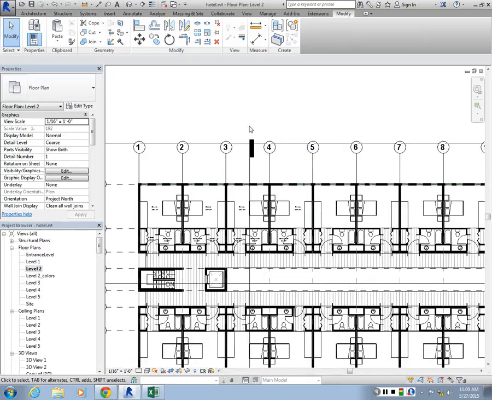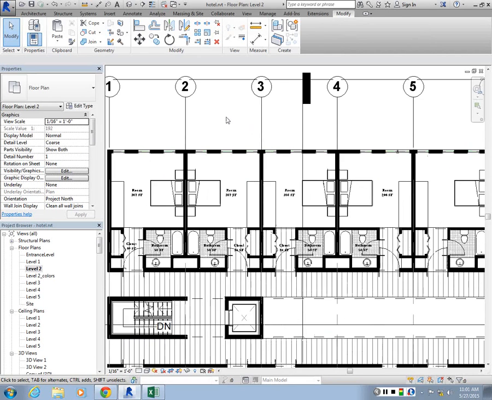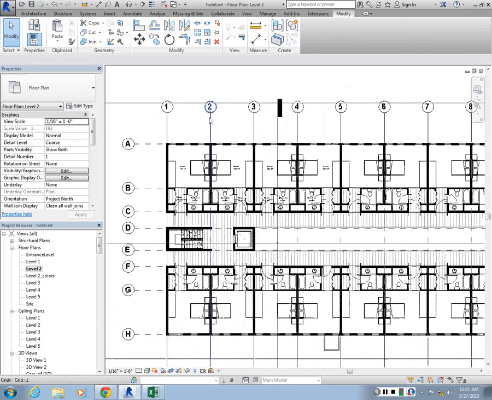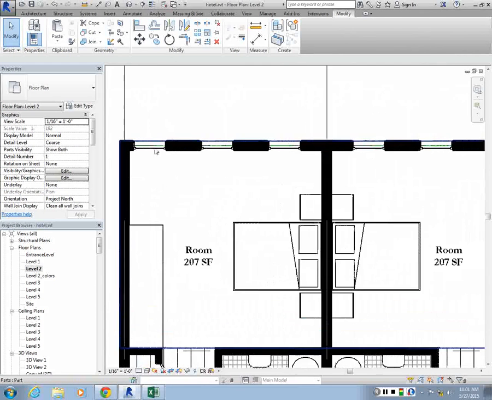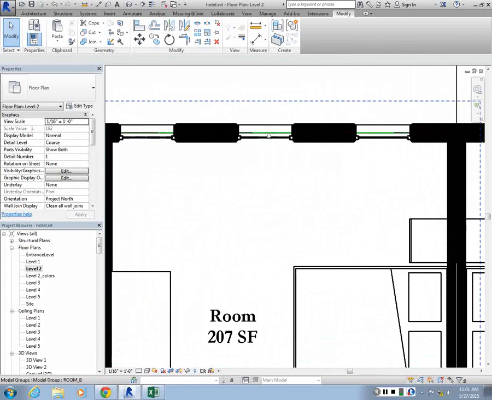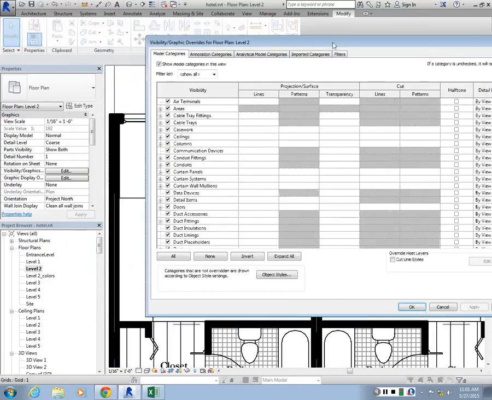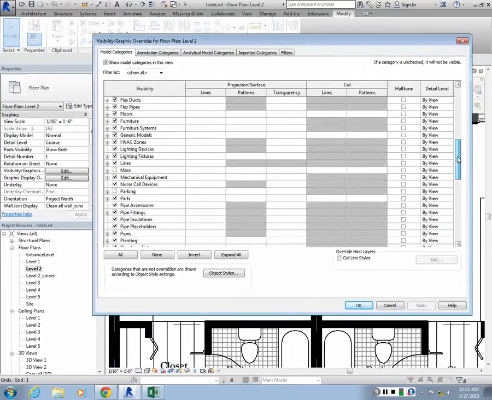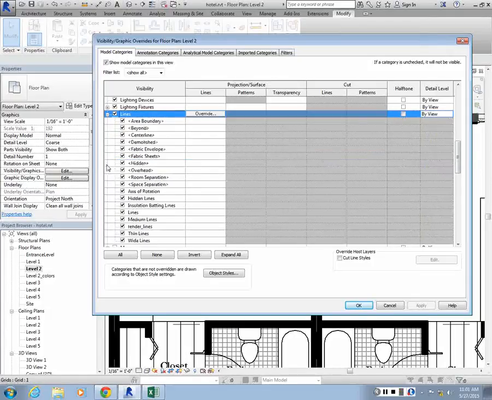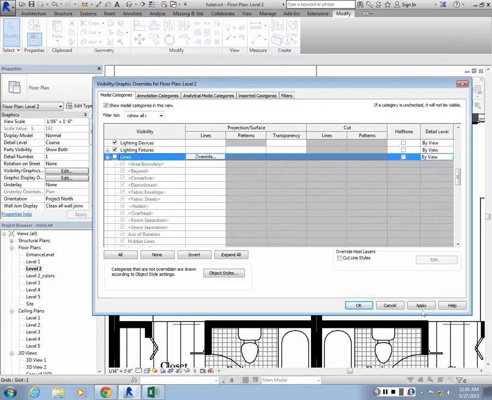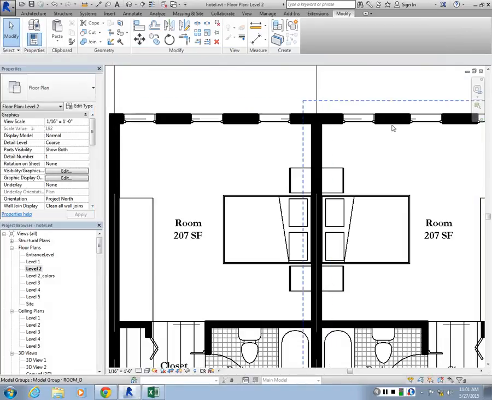Let me see. The visibility and graphics yesterday, so let me show you quickly how you can customize and save them as styles. So for instance, if you look here, I have a model line. The green line is a model line that maybe I don't want to see in this plan drawing. So if I go to visibility and graphics, go all the way down to lines. If I take out all the lines, I wouldn't be seeing any model lines that I've used. So if I hit apply, those lines are taken out,